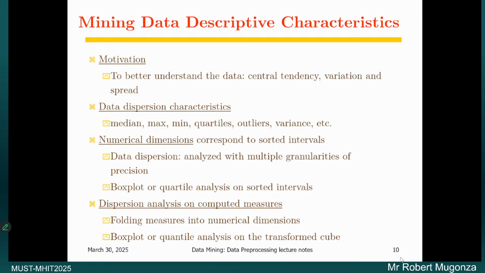I could then say, oh, the mean age of the study participants was this. I may want to look into several measures of central tendency, and so central tendency is one of those things that are of interest. And at times, you would also want to see how the data about, say, these patients is dispersed. How does it vary? How is it spread? Now, things like variation and spread would be of interest.